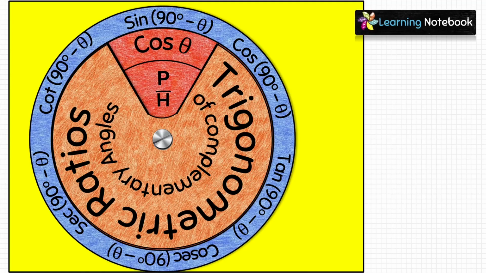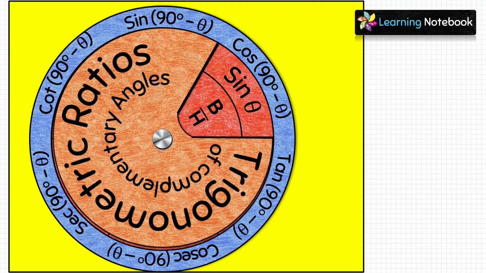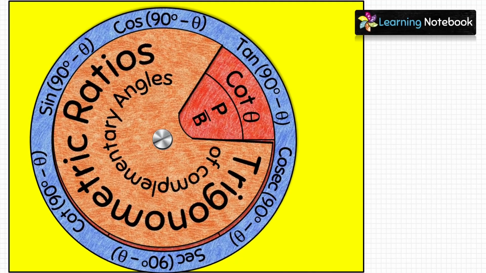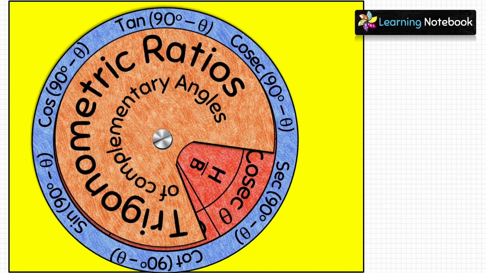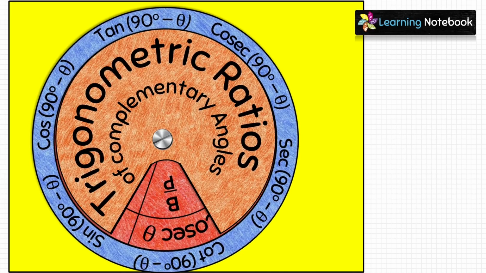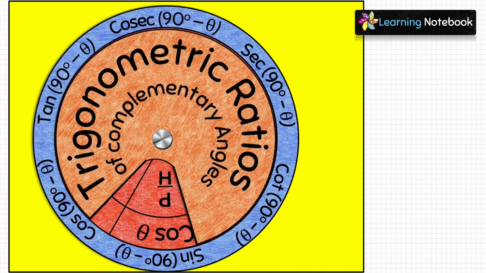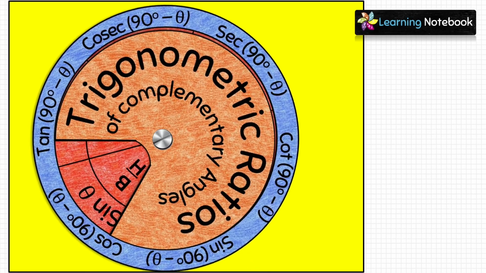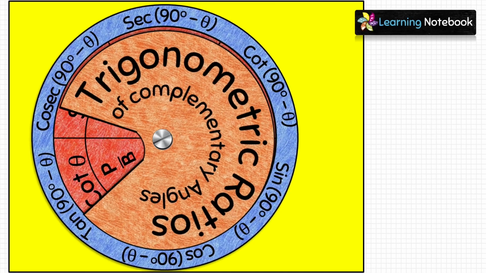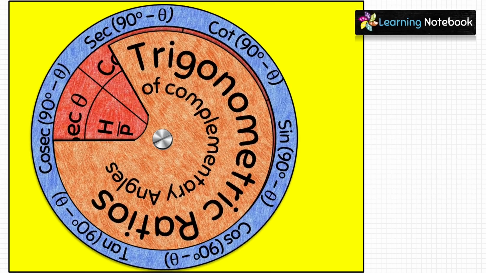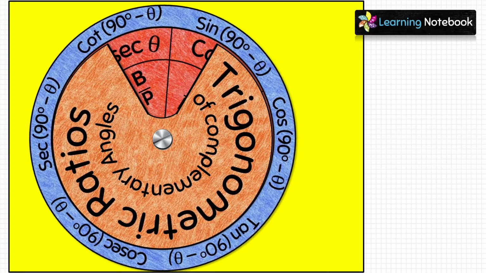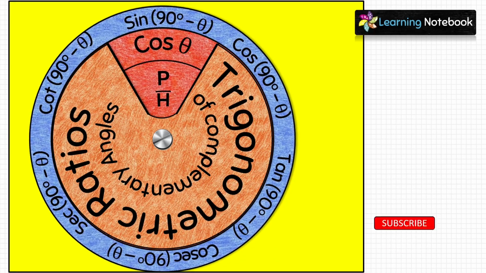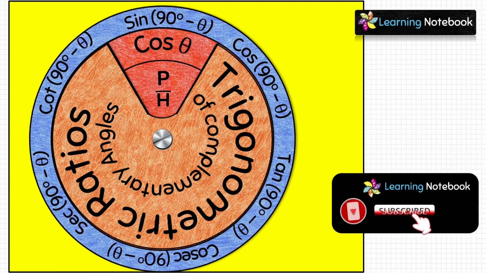So now our working model of trigonometric ratios of complementary angles is complete. If you are a teacher, this TLM will help you to teach students the concept of trigonometric ratios of complementary angles in a fun way. And if you are a student, this activity is very useful for you to make a maths project on this topic.